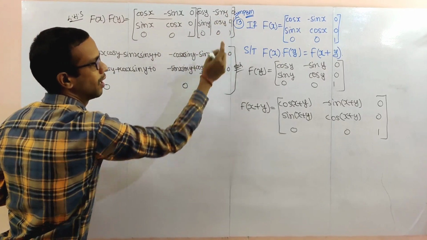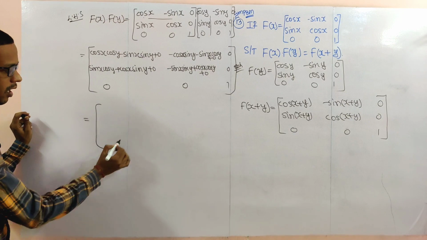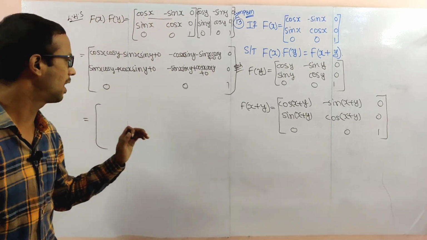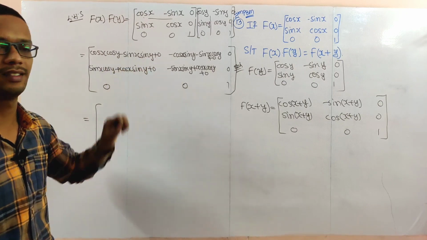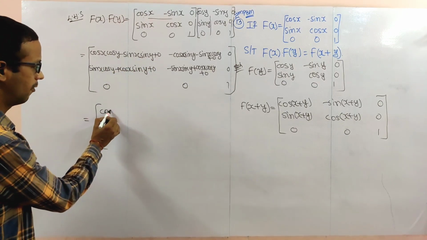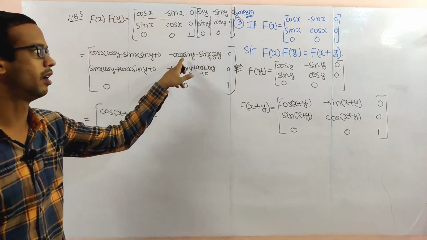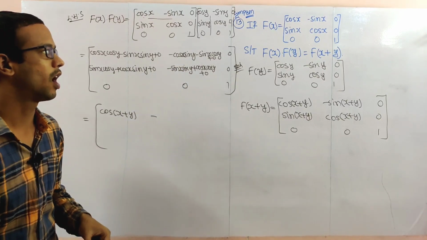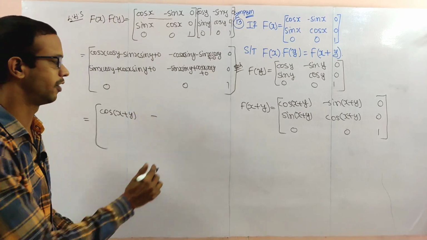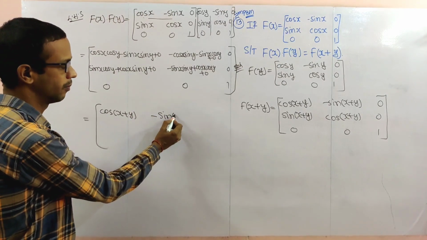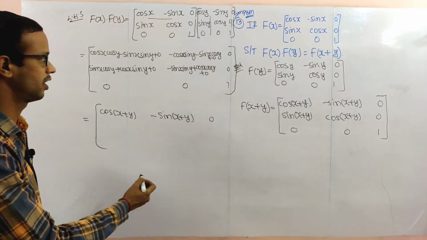0, 0 plus 1. So 1 you will get. So now I'll use formulae here. Which formula I'll use here? I'll use the cos x cos y minus sin x sin y, cos of x plus y formula. If you take negative common, sin x cos y plus cos x sin y, sin of x plus y formula. These are all trigonometric formulas we are using here.